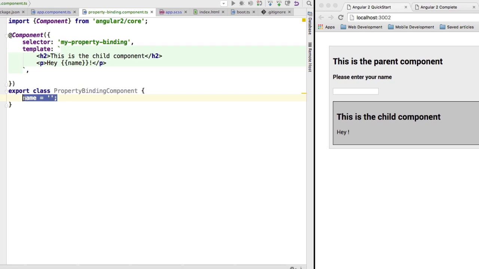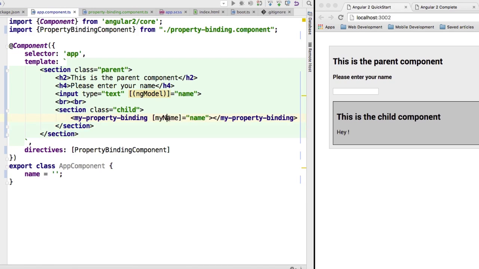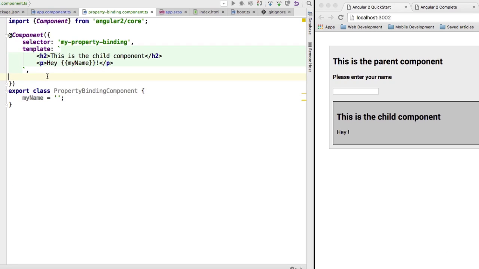We got it as a property here, but even if I were to rename this to my name, this would still not work because Angular 2 doesn't know that the fact that this my name is the same text as here means that those two are connected and should be bound. So we have to tell Angular 2, and we do this in the component decorator